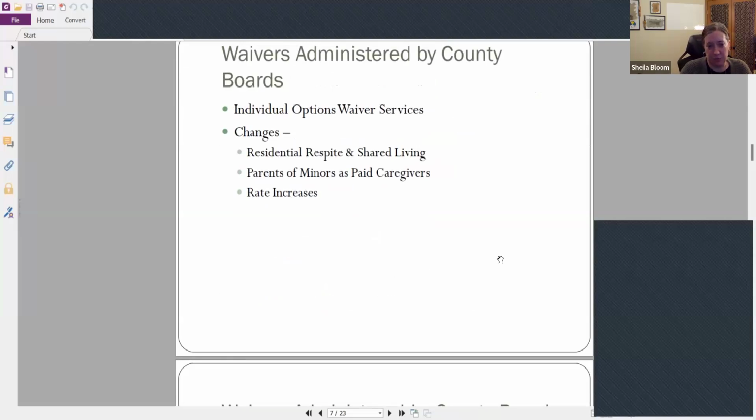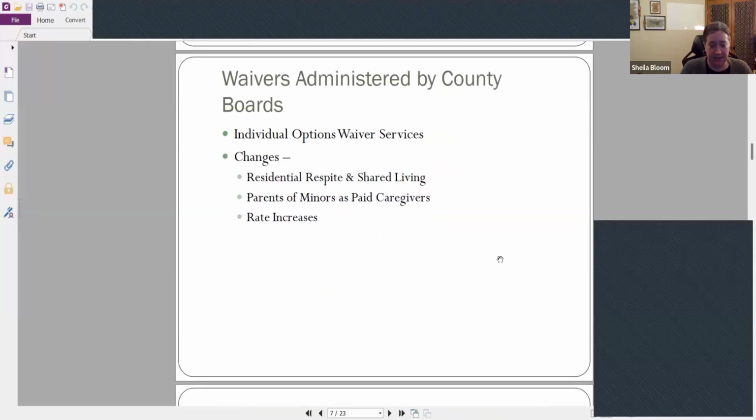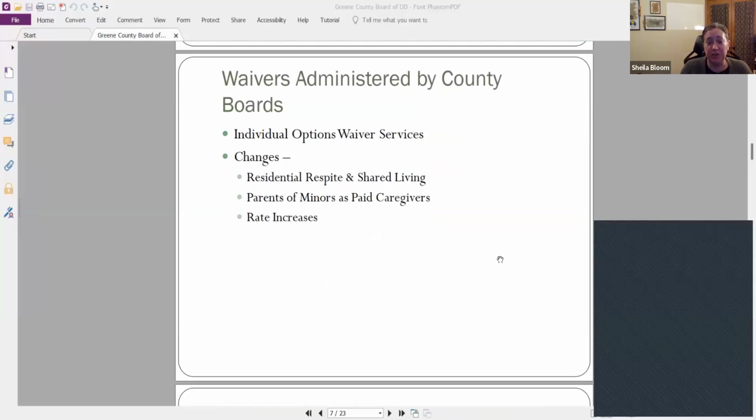So the individual options waiver has, as have all the waivers, seen some changes as of January 1st this year. And then the rates will be changing again July 1st of this year. Some of the new changes include a new service called residential respite, and that is done in conjunction with shared